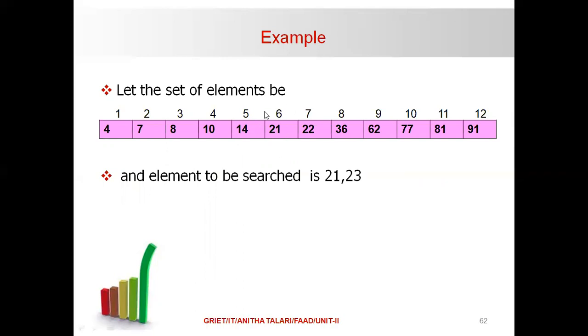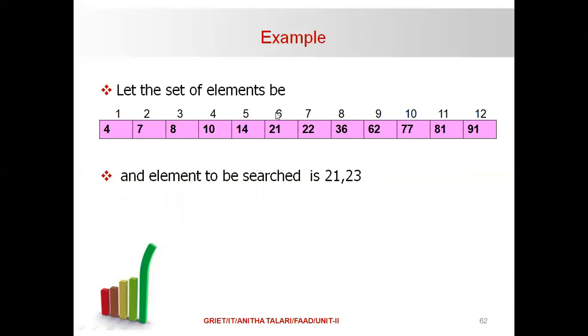The element present at the middle position is 21, and the element we are trying to search is also 21, meaning it is a success. So the position will be returned as a solution, telling where the element we are trying to search is present in the given list. If you are trying to search for the element 23, first we will be comparing that